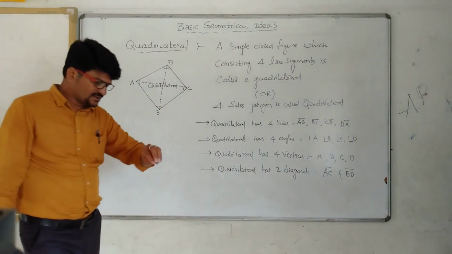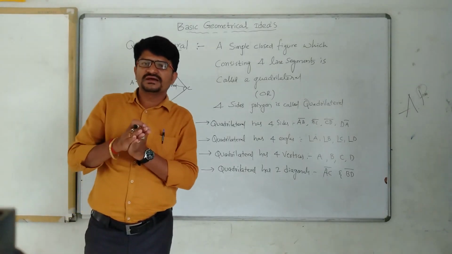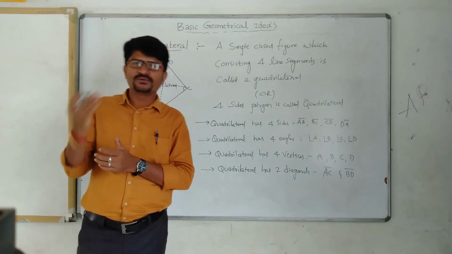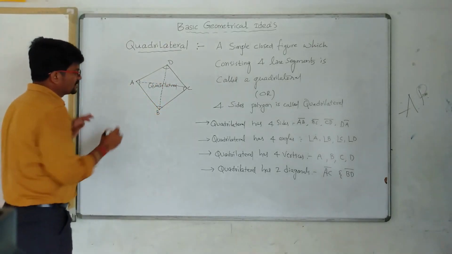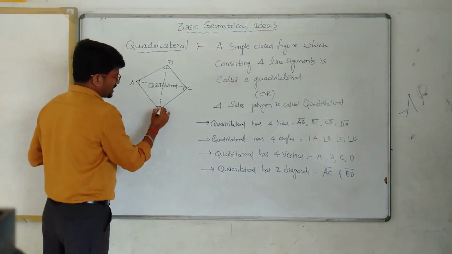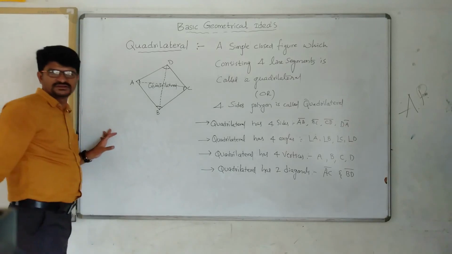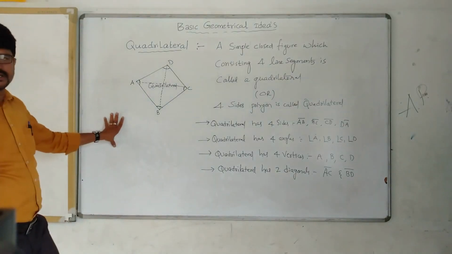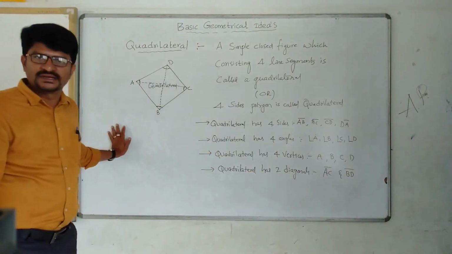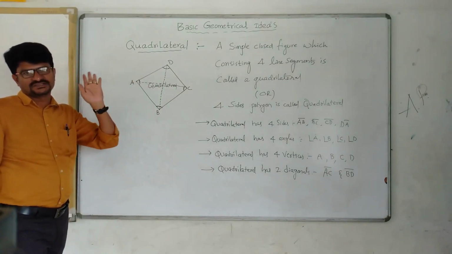Now, a very important concept is adjacent sides and angles, which are side by side, not opposite. For example, this is angle A. Angle A and angle B are adjacent. Angle B and angle C are adjacent. Angle C and angle D are adjacent. Okay? I will give you some examples like that. I will give you one question, you have to make it as a home assignment. Clear, children? Those which are not opposite are called adjacent, side by side.